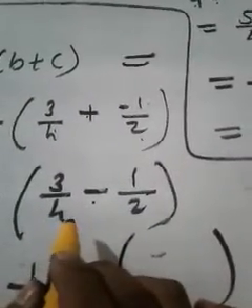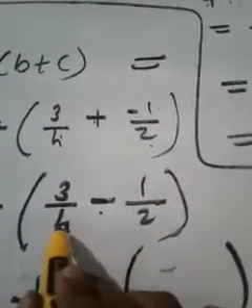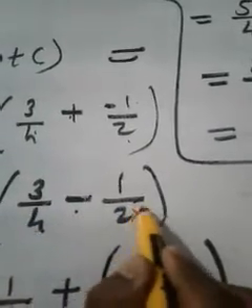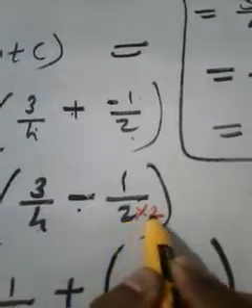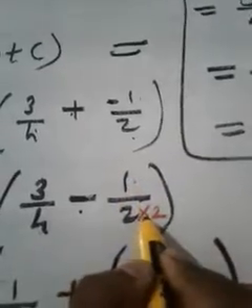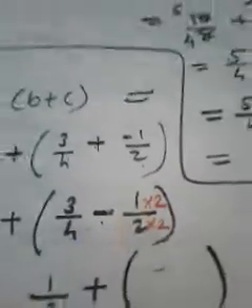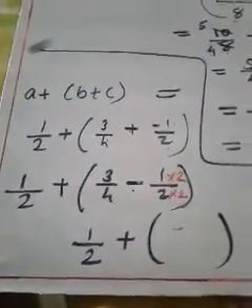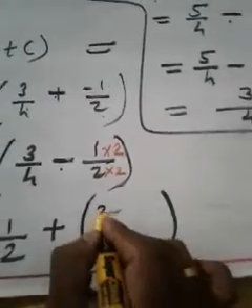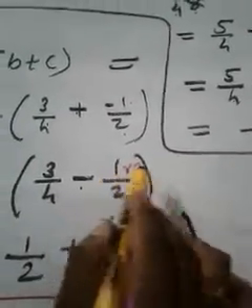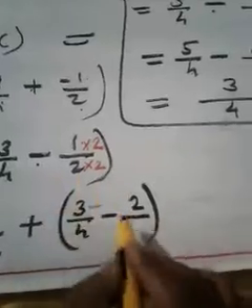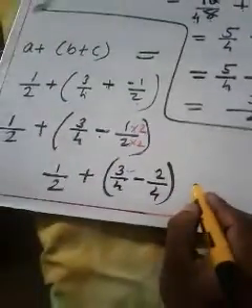I'm going to make the denominator same. Here, since it is 4, here I am going to multiply with 2, because it is 2 now. So 2 into 2 becomes 4. Since I am multiplying here with 2, here also I have to multiply with 2. Now just see, it becomes 3 by 4 minus, what is 1 into 2? 2. What is 2 into 2? 4. You may have understood it.